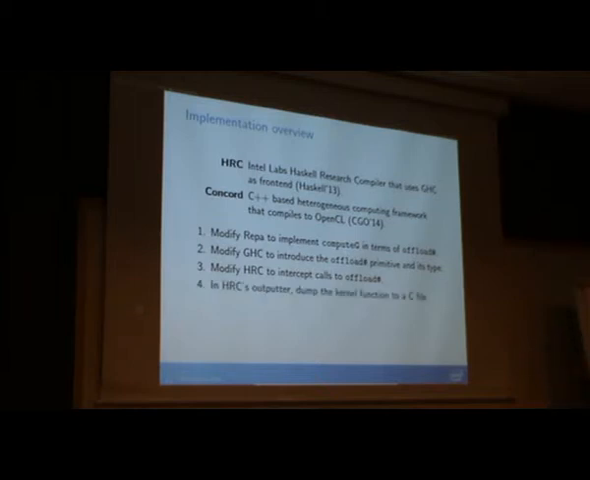So after we intercept this call to the offload primitive by looking at the intermediate form in the program, we dump the kernel function to a C file. Then we just use Concord to compile that to OpenCL. And the last step is to replace the offload call in the main program with some call into the Concord runtime so that at runtime you will invoke this on the GPU. So this seems pretty straightforward. And